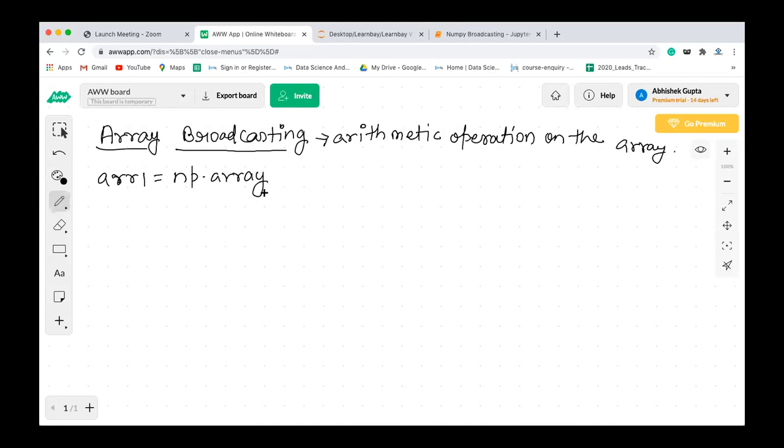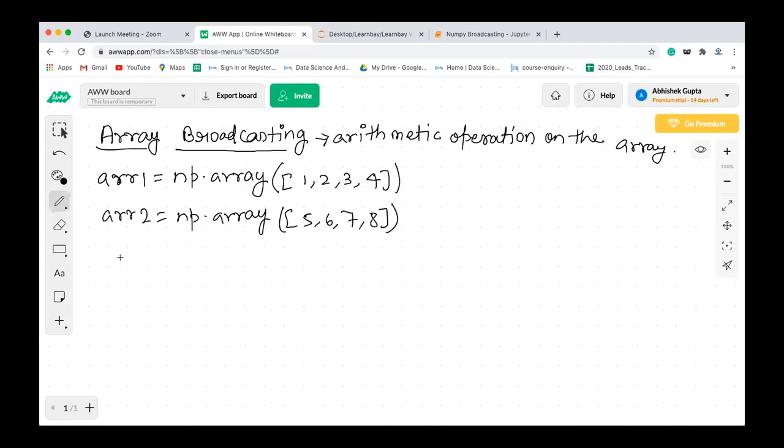I'll just write the code, but let's see exactly what problem we are facing, so that we move to array broadcasting. So np.array, we are going to create array 1 as 1, 2, 3, 4. Then we have array 2, which is again np.array, with 4 elements, 5, 6, 7, 8.